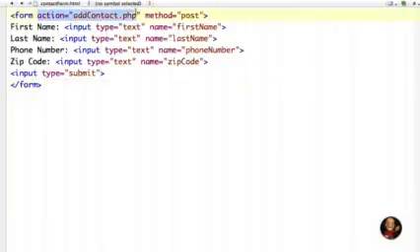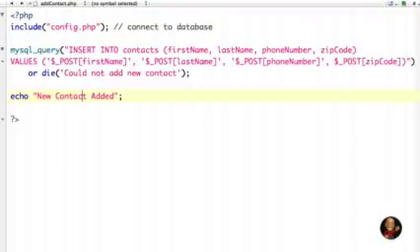The only thing here, I had to make sure I created a page called add contact.php using the same letters, the same capital letters, same lowercase letters, and everything like that. I indicated that I was using the post method. So if we go back to the add contact.php, that's the reason I used the